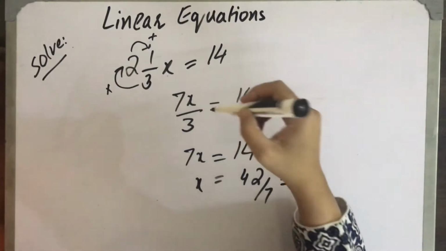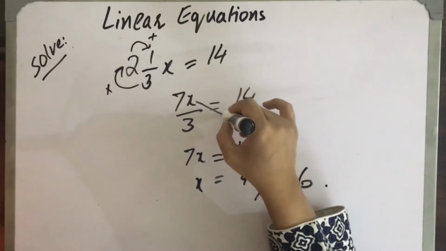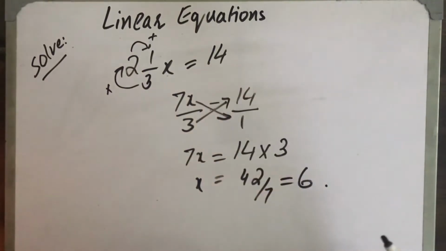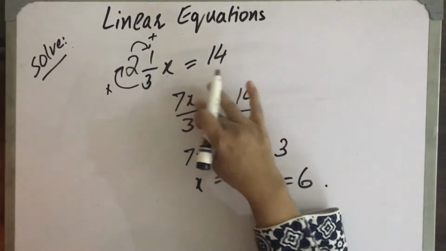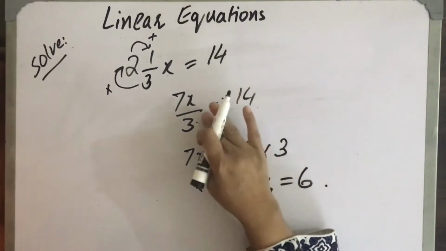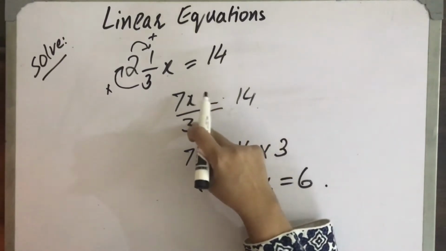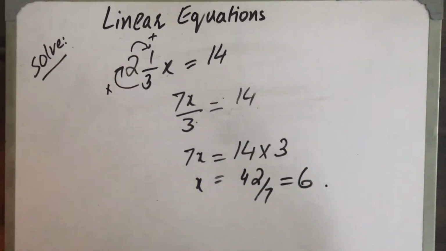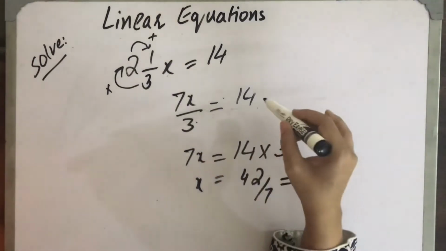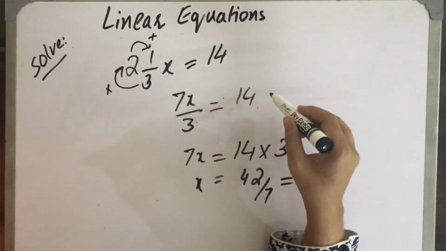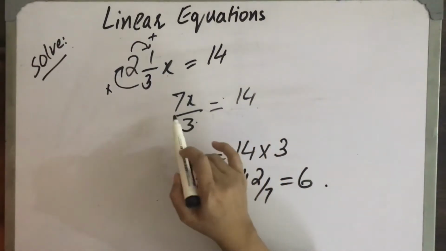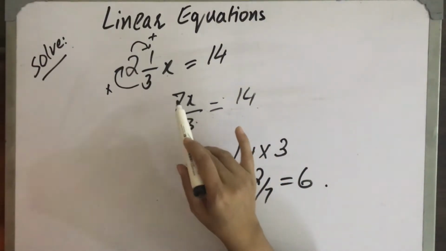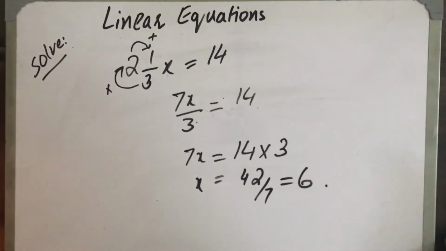In case of cross multiplication, we shall multiply 7x with 1 and 3 with 14. And if you don't want to cross multiply, you will just take this 3 to the other side with 14, and you shall multiply 14 with 3, and then you will divide by 7. The number which is in the denominator will go to the other side and will be in the numerator, multiplied with the term which is in the numerator. And similarly the number which is in the numerator will go there, and we shall divide by that, or it will be in the denominator.